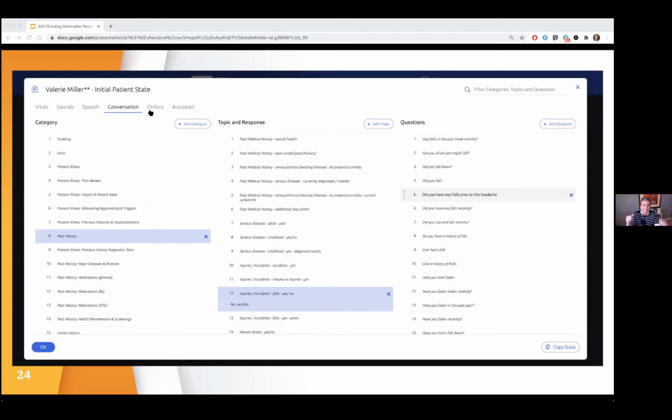Then the next panel, in the middle, is the topic and response panel. These are more specific topics within that category, and it includes a line for you to type in what you want your patient to say when asked about that topic. The final panel, on the far right, is a list of questions. These are questions typically asked by healthcare providers about the topic itself.